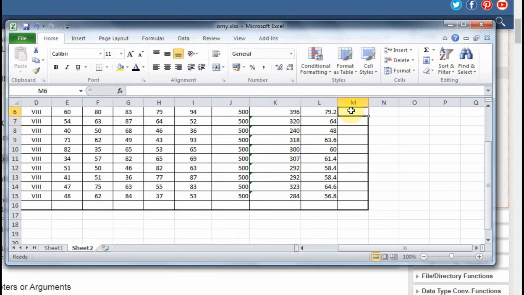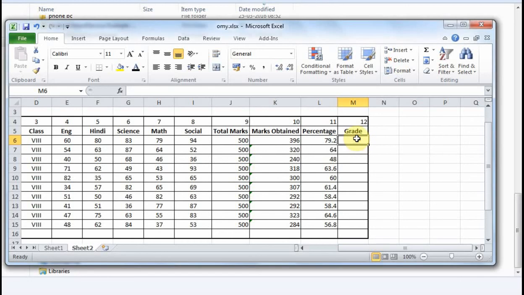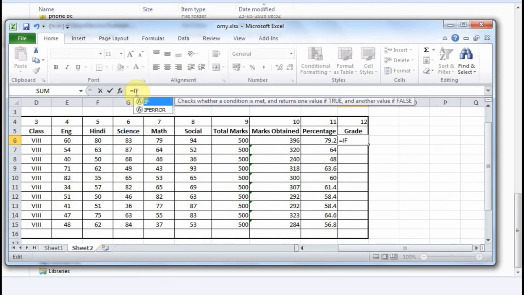As I told, we have to use nested if else. So to write this grade formula, click on the cell, then equal to if, open bracket, and as per the rule: the logical test, then the true value and the false value.